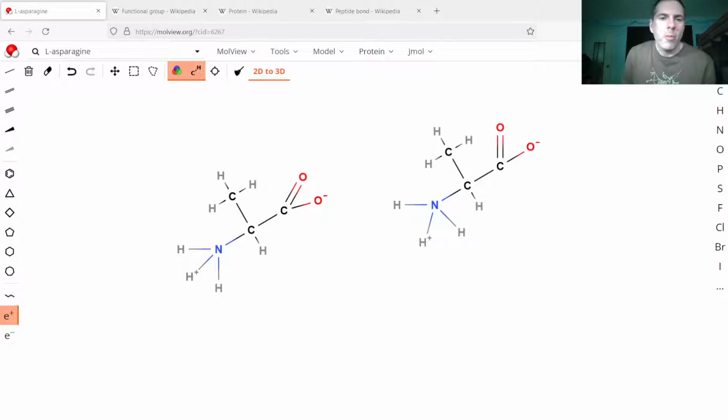The nitrogen will have a positive charge and the carbonyl will have a negative charge. And I don't know if that is necessary to attract them to each other. There should be an enzyme or a ribosome bonding them together. But it is a dehydration reaction, so